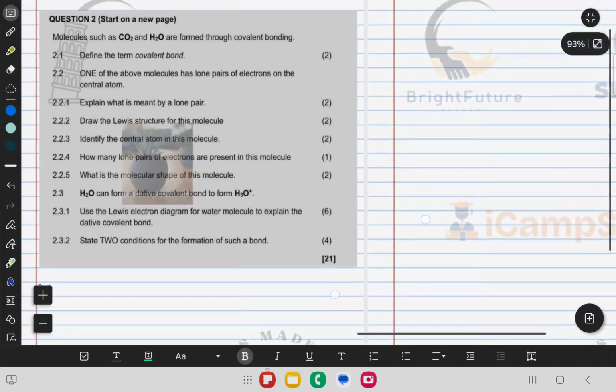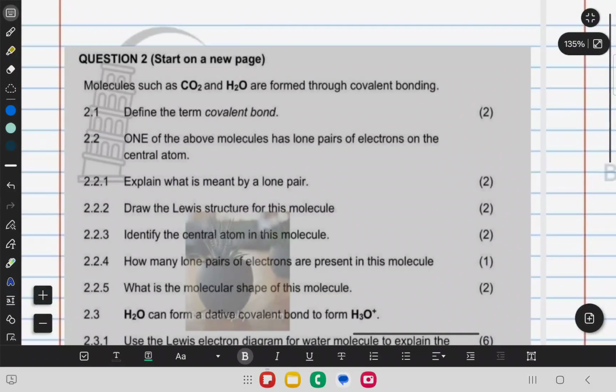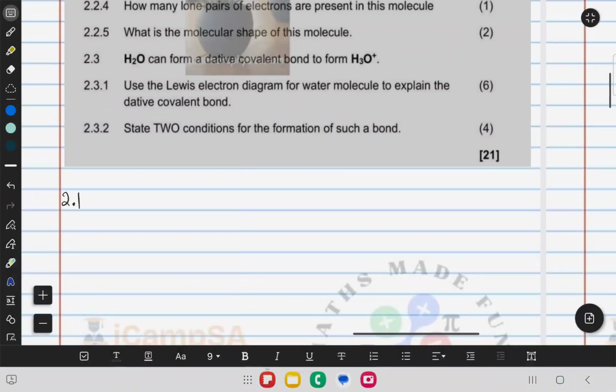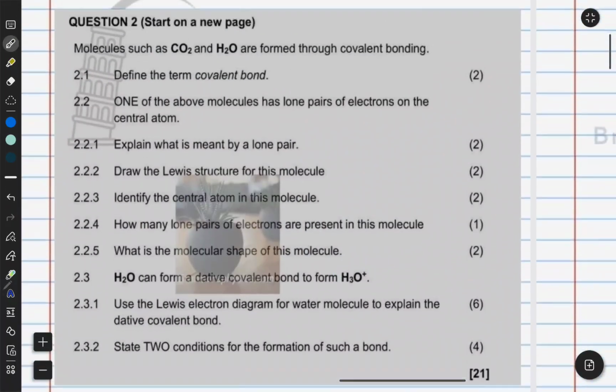Now, it's quite a simple problem statement. You are just told that there are two molecules, carbon dioxide and water, and those two molecules are formed through covalent bonding. Remember, covalent bonding is basically where you have two or more atoms, or what you would call elements. They come together to form one molecule, right? For them to form that one molecule, they decide to share either one pair or more pairs of electrons between them, so that they can complete their valence